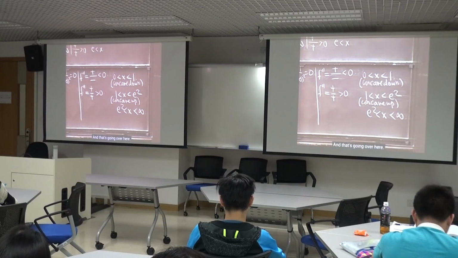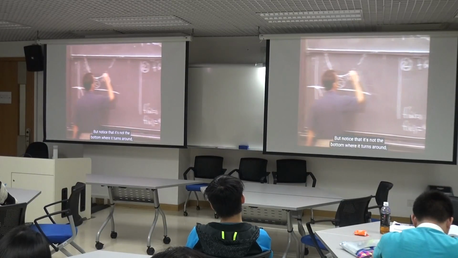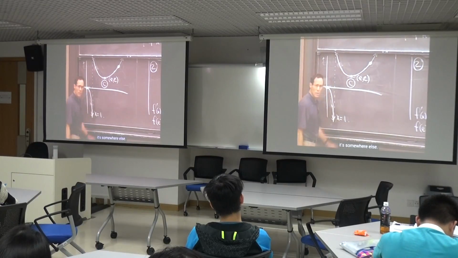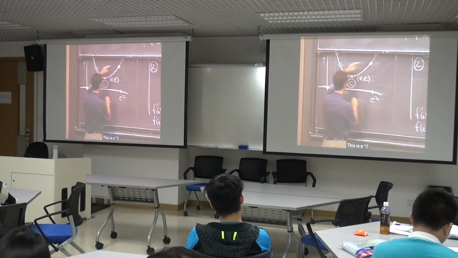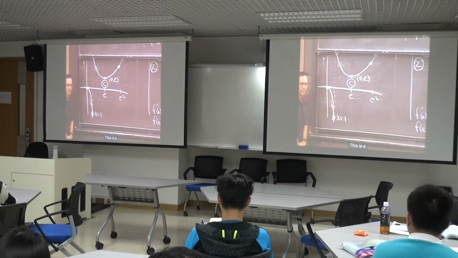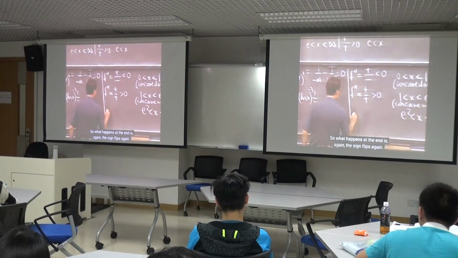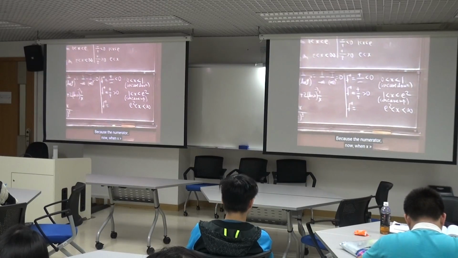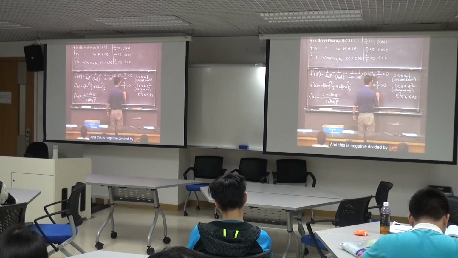And that's going over here. But notice that it's not the bottom where it turns around. It's somewhere else. All right? So there's another transition here. This is e squared. This is e. So what happens at the end is, again, the sign flips again because the numerator, now when x is bigger than e squared, becomes negative. And this is negative divided by positive, which is negative. And this part is